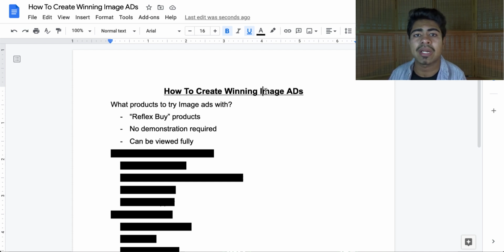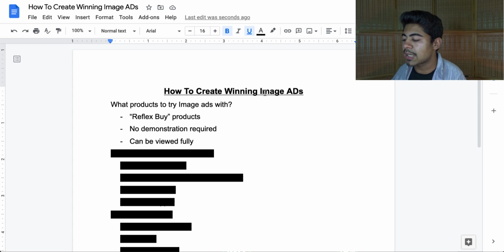There should be no guesswork involved. And these people that you're trying to capture the attention of are people who are just scrolling through their newsfeed. So that is why it is so important for your image ad to clearly show the product from all sides and all dimensions. So before a person even thinks about clicking on the product, they know exactly what the product is,